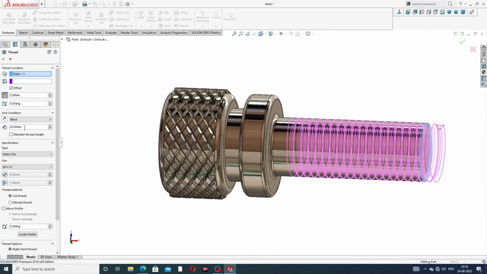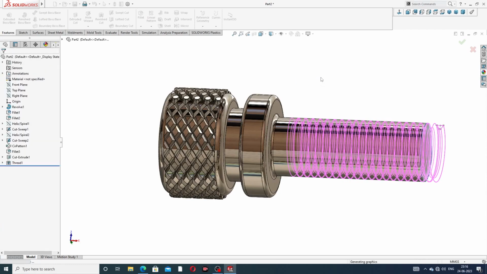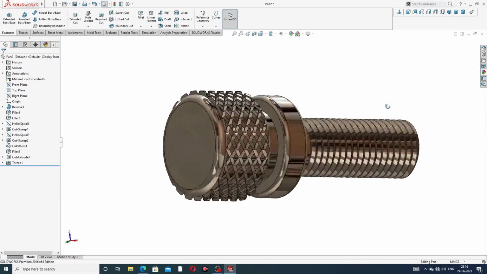Okay, all is perfect: length is 20 millimeter, and offset is 2 millimeter. And metric die M7, and pitch is 1 millimeter, and all is perfect. Click OK, and OK, this is perfect